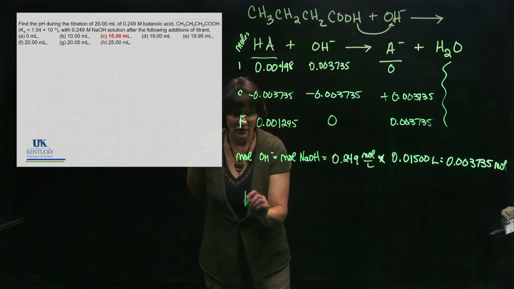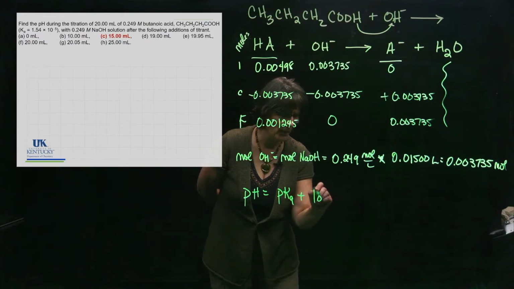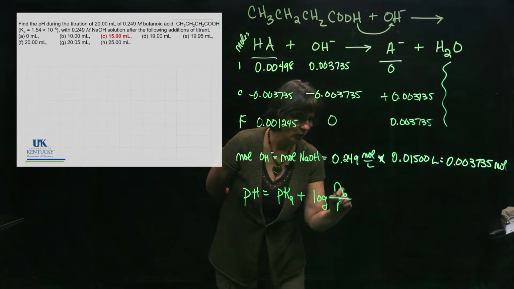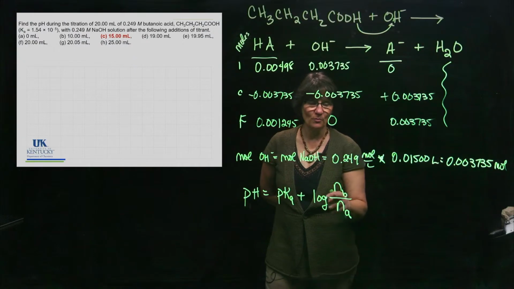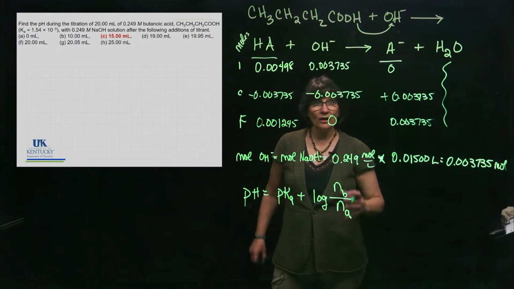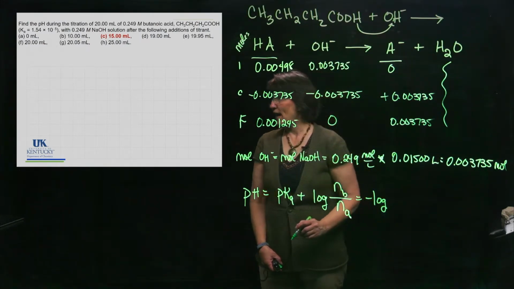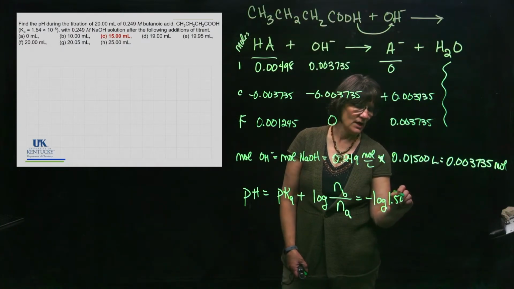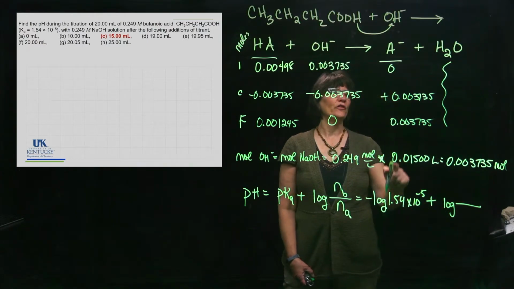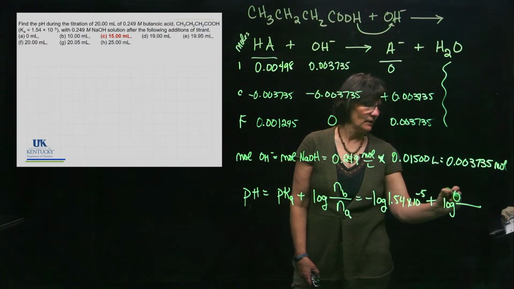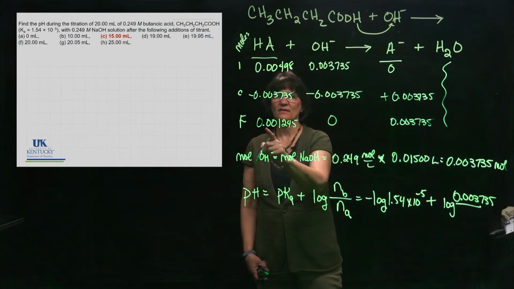And buffers get the joy of using the Henderson-Hasselbalch equation. I call it a joy because it saves us so much time. I told you you can use moles instead of concentration when you're doing these problems because moles divided by volume gives you molarity, and the volumes are the same for both of those because it's all contained inside the same flask. So we take the negative log of the Ka value, which was given to us as 1.54 times 10 to the minus 5, plus the log of the moles of the base, which is this number. That's the conjugate base of the weak acid. And moles of this acid,